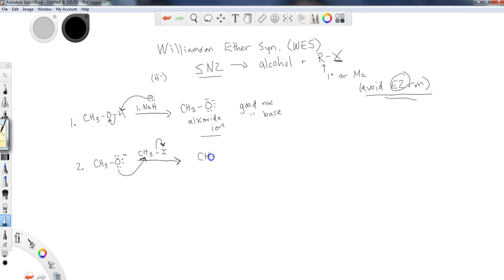And then I have my ether. I have my resulting ether. So this is probably one of the simplest versions, if not the simplest version, of the Williamson Ether Synthesis. All right, so I'll give you guys another example where I turn around and I would have, this time we'll